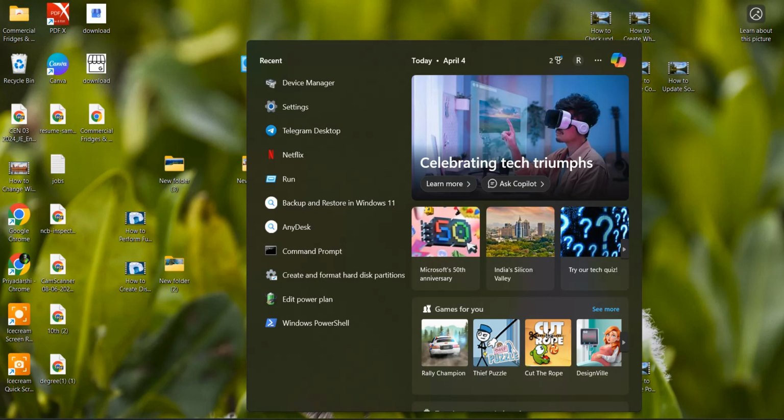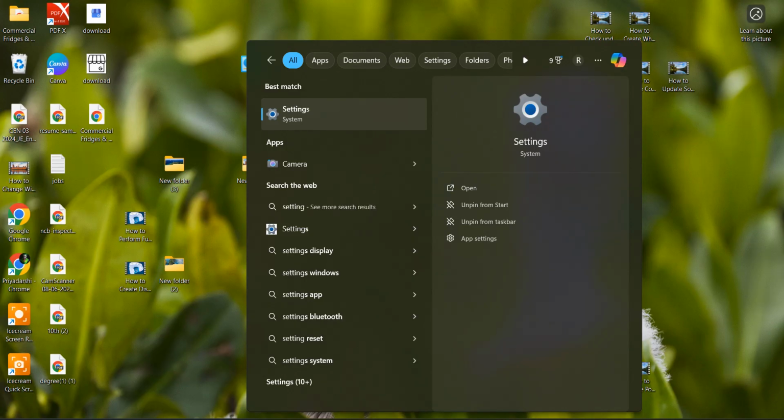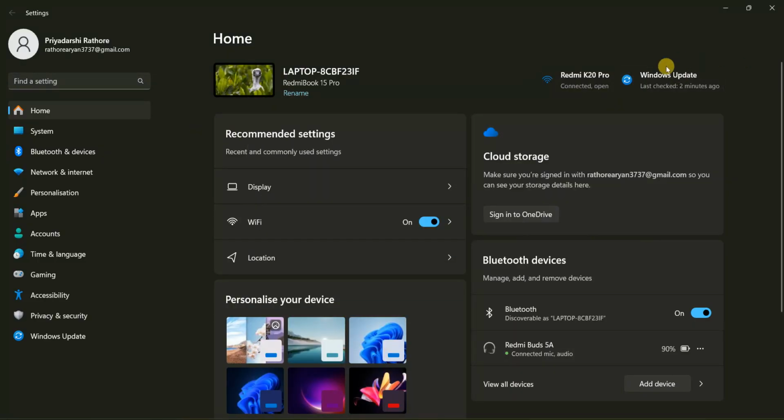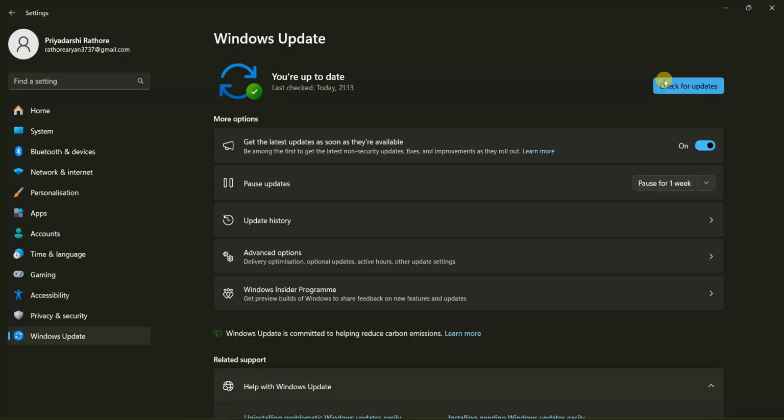In the search bar, search for settings. Go to settings. Okay, on the right here you can see Windows Update. Click on it. Now check for updates. It will take a few minutes to check for it. You can download the latest update drivers from this window. You have to just click on check for updates and download if you have any